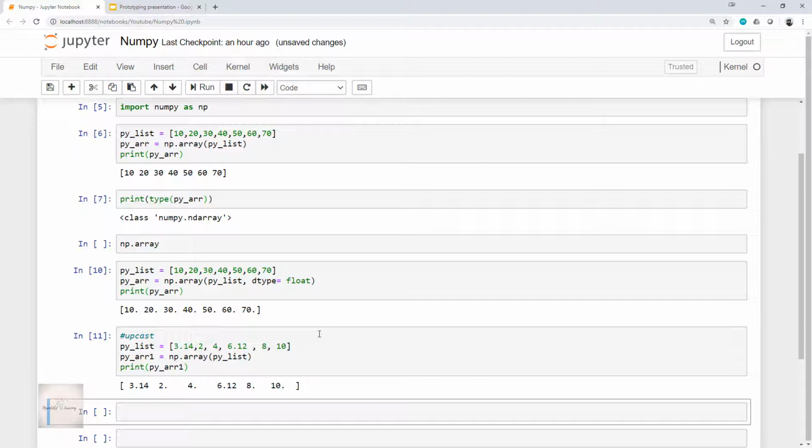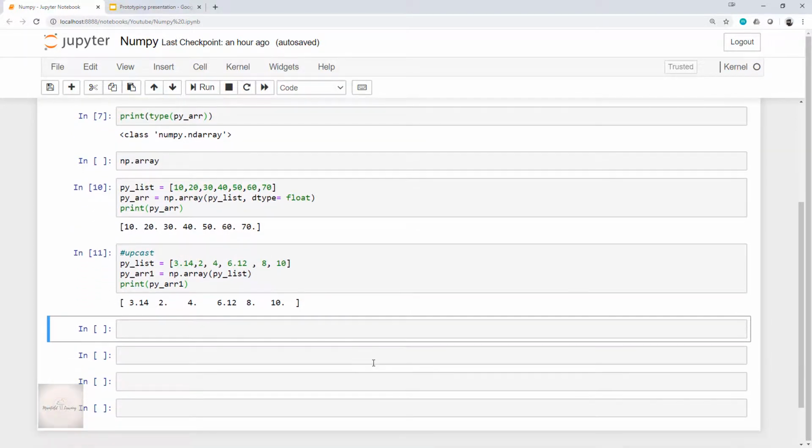So collectively, I can say that if the dtype or the data type is not given, then the type will be determined as the minimum type required to hold the objects in the sequence. So this argument, that is dtype, can also be used for upcasting an array. And here in our output, the integers are upcasted to floating point. Got it? So guys, we just created a NumPy array using a Python list, and it was a 1D array, that is a one-dimensional array. So now let's see how we can create a multi-dimensional array.